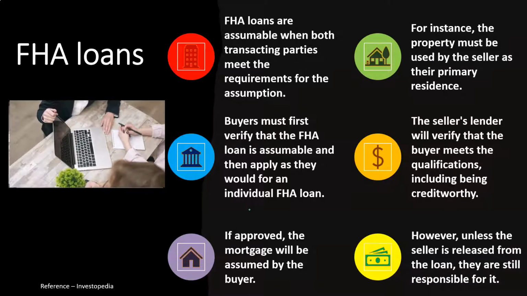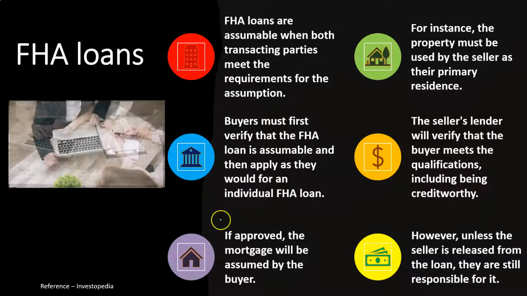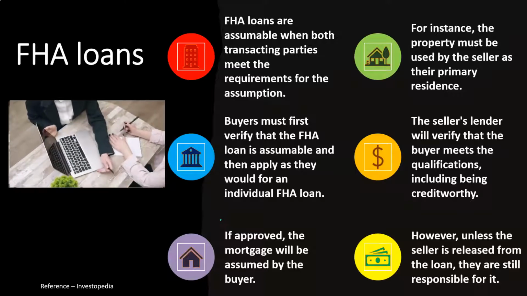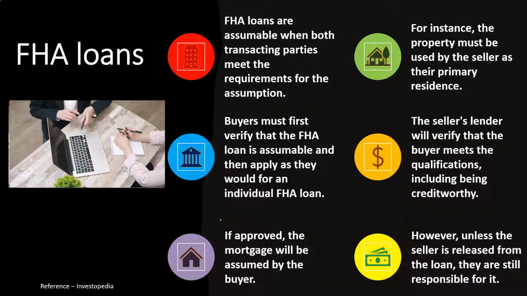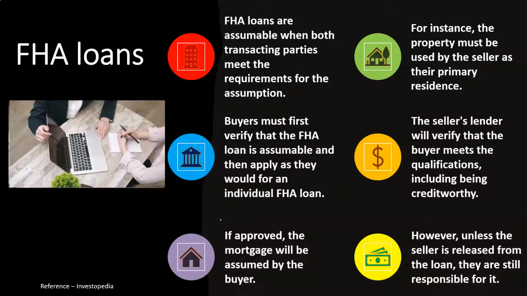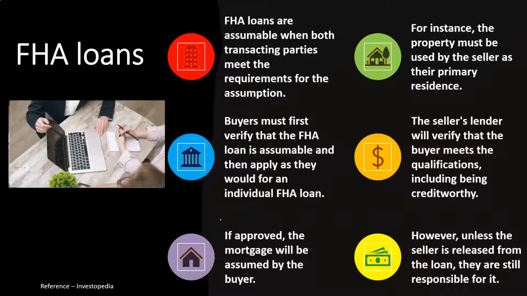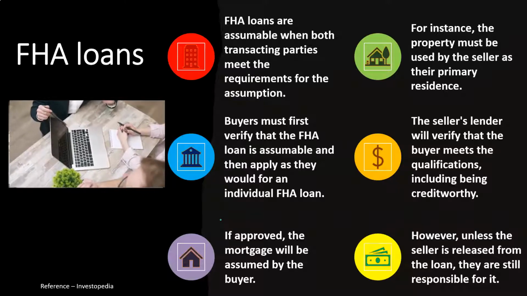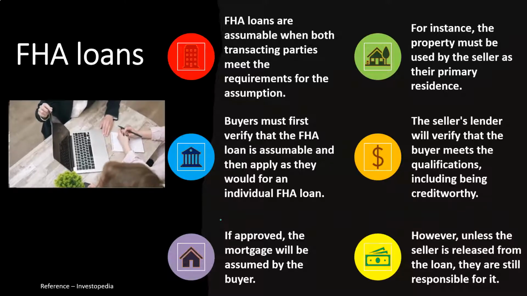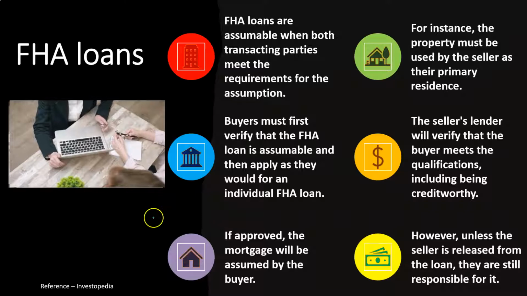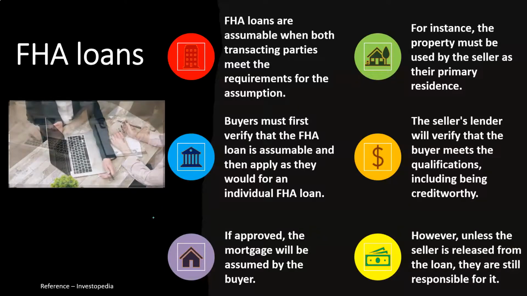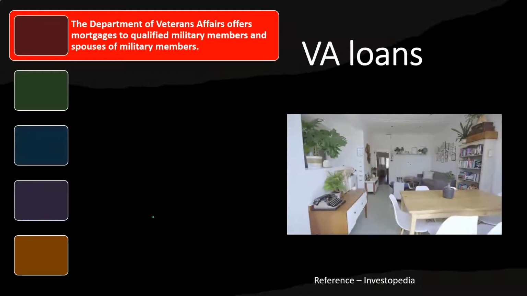In other words, if the buyer defaulted on it, they assumed the mortgage and they didn't pay it for whatever reason, does the bank then still have recourse to the seller who had the loan prior to that or not? Obviously, the seller in most cases would like to remove themselves completely from the process. It's now the buyer's responsibility. That's what they would like to have in being assumed. And the bank then, of course, should have recourse in that case to the property, but not hopefully to the seller who would like to remove themselves from the process, you would think generally.